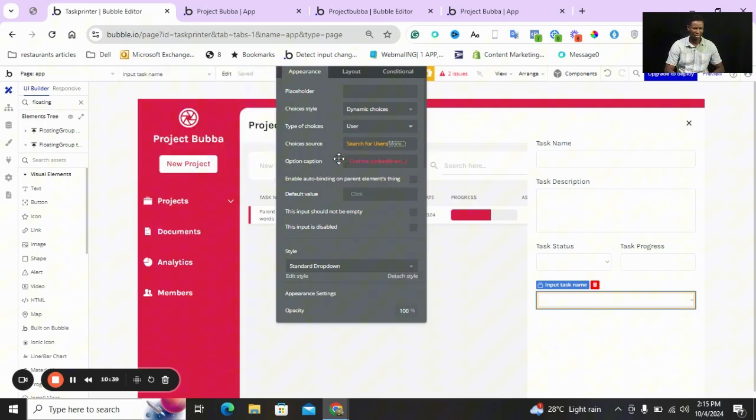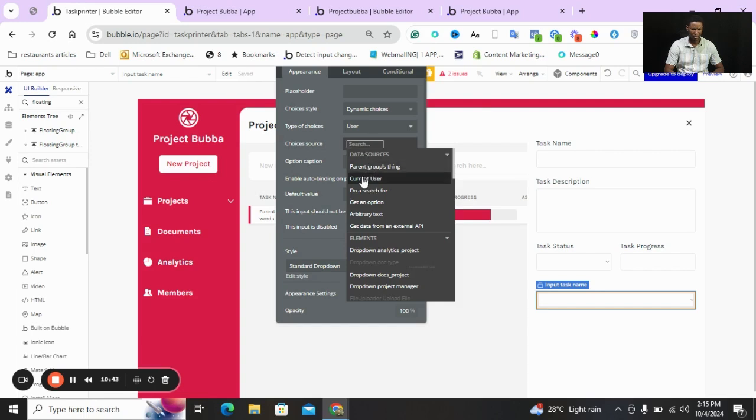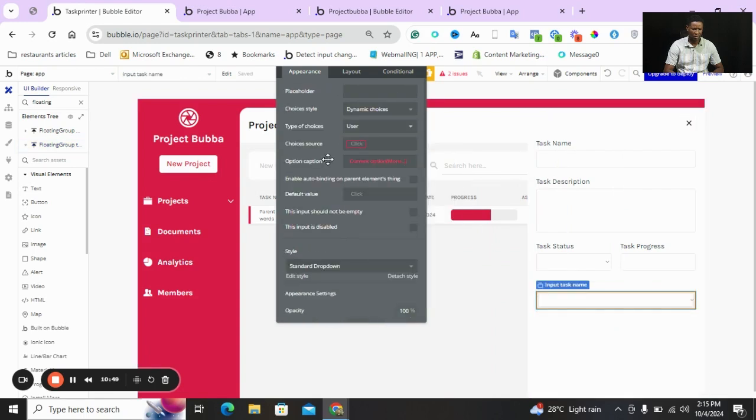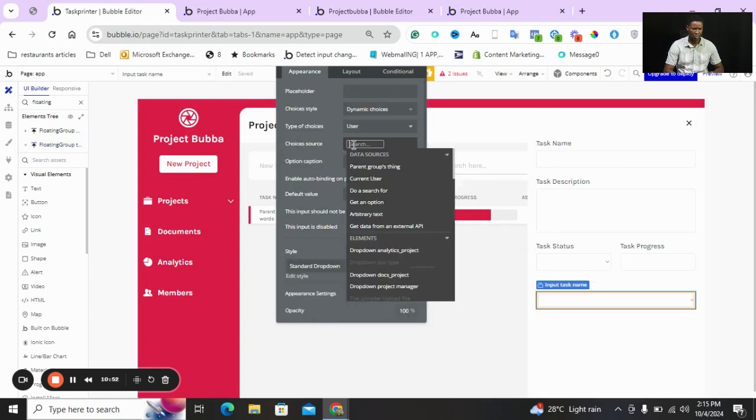So let's see if we can do it another way from the way we wanted to do it before. Let's select projects, do a search for